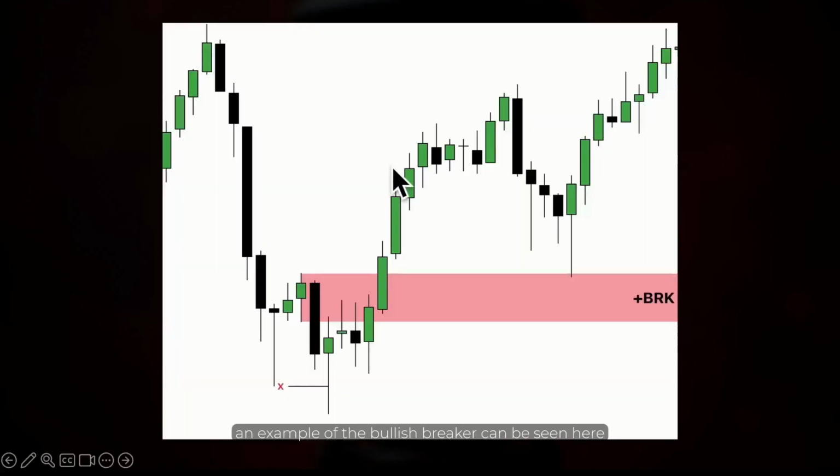An example of the bullish breaker can be seen here, where the market expanded towards the downside, formed this low, retraced higher, and then had this final expansion leg towards the downside, taking out sell-side liquidity resting below this low. Notice that the market then displaces above this upclose candle, above this high, which set up that final run lower, taking out sell-side liquidity, and therefore you anticipate that this upclose candle is likely going to function as support moving